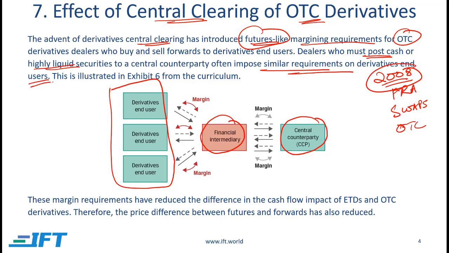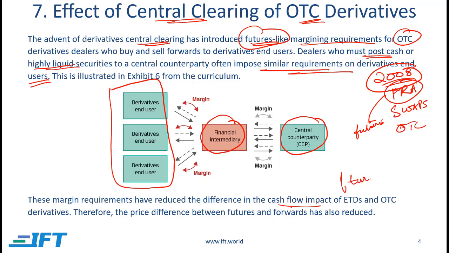So now the swaps or the FRAs are becoming more similar to futures because of this central clearing counterparty requirement. And these margins have obviously reduced the difference in cash flow impact of exchange traded derivatives and over the counter derivatives. So exchange traded derivatives are your futures, which are settled on a daily basis,